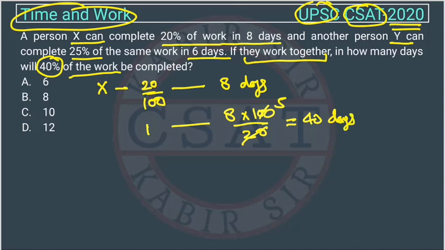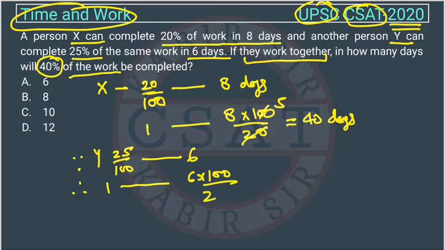Similarly for Y, right? Y completes 25% work in 6 days. I'm using just the unitary method. Then in how many days will Y complete one work? So it will be 25 by 100 actually, right? So 100 will go up. So I'm writing it directly, I hope you guys can understand. Then 25 4s are 100. So it will take 24 days,